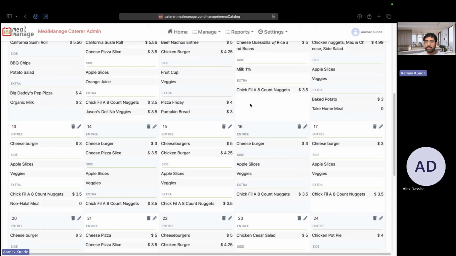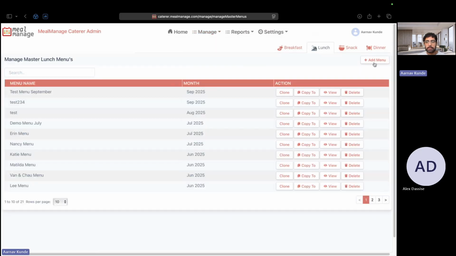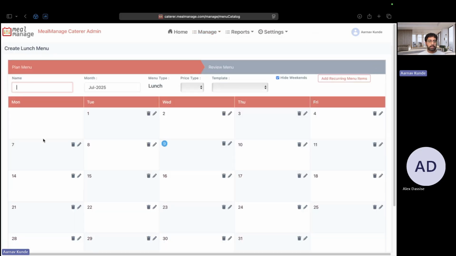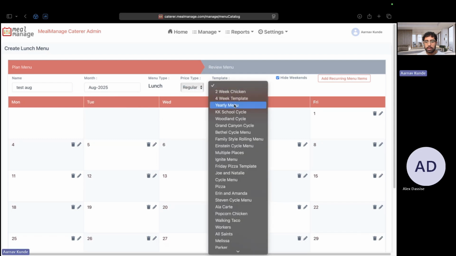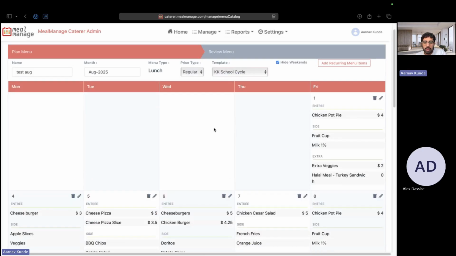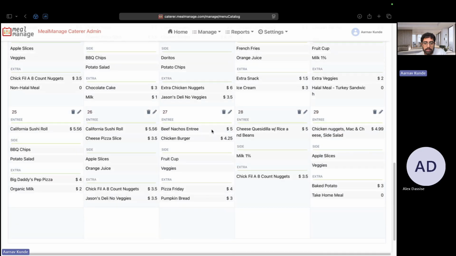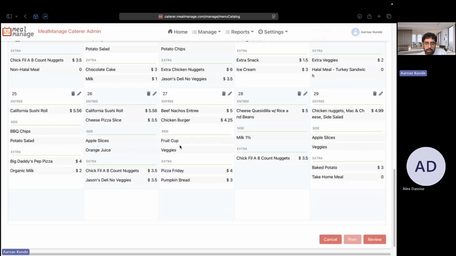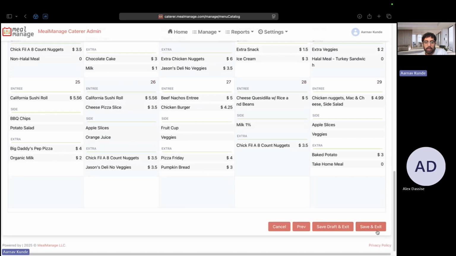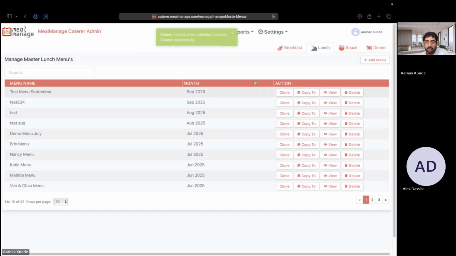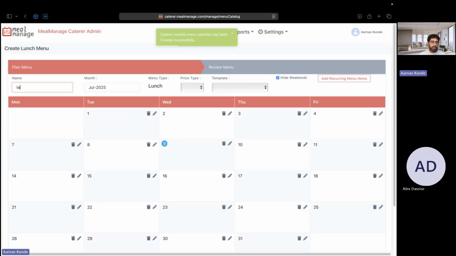I think another example we can show is if you did it for the August menu. So for example, let's say this is a test August menu. Since there are 5 weeks in this month, and I apply the same school cycle, you'll see that on this last week, we have all of the unique items on each day that are separate from the first 4 weeks of the cycle. And then if I go in and review and save and exit, the next time I apply this menu for, let's say, September,